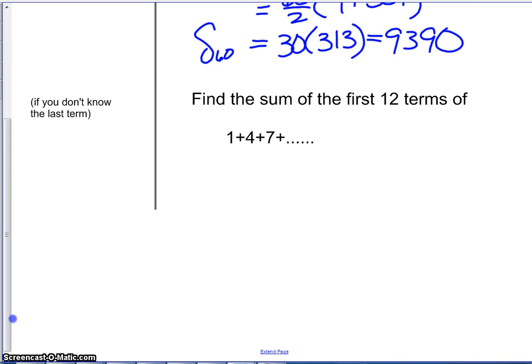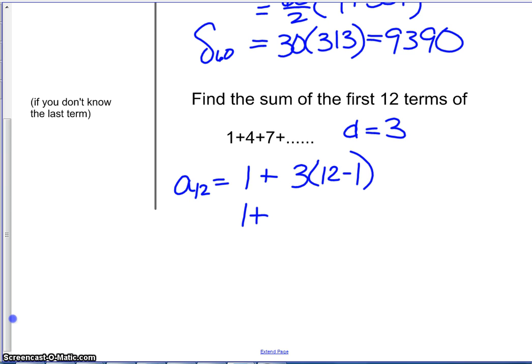Now we talked about what if I don't know that last term: 1, 4, 7. Well, the first thing I need to figure out is that d is 3, and I can do that logically. I could take the second term minus the first term. Then I'd first need to figure out what is my 12th term, that a sub 12. So I'm going to use my formula, the first term plus the difference times the number of terms minus 1. So 1 plus 3 times 11, or 1 plus 33,